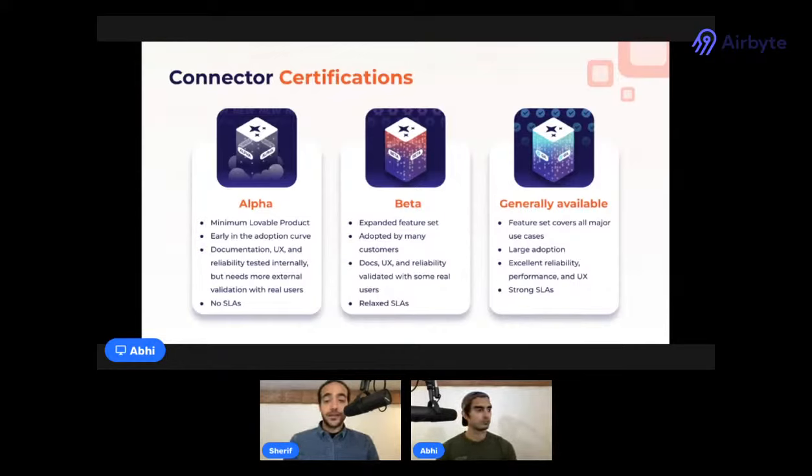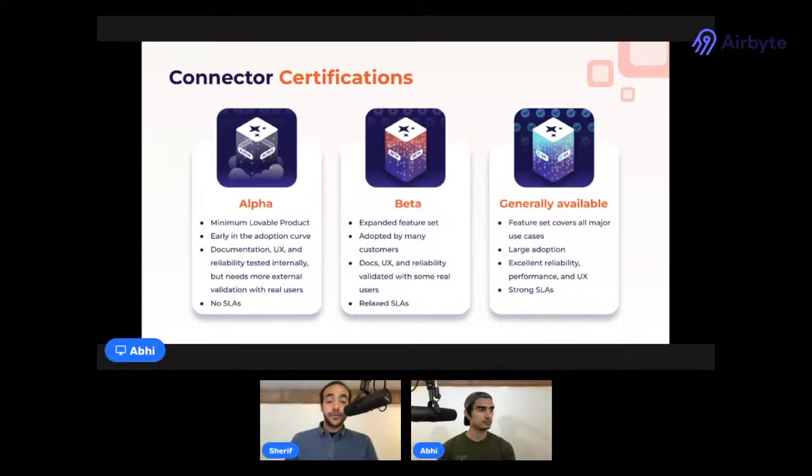So to balance these two realities, we've just rolled out a comprehensive framework that categorizes our connectors into 3 different stages that help our users know what to expect from any given connector. The 3 stages are alpha, beta, and generally available connectors. At a high level, an alpha connector represents a newly implemented connector, whereas a beta connector is something with more adoption and reliability that we're actively improving to make generally available. And generally available connectors are very high quality, reliable connectors with a robust feature set that have been tested with a large segment of users.